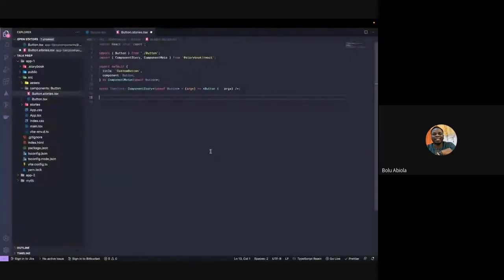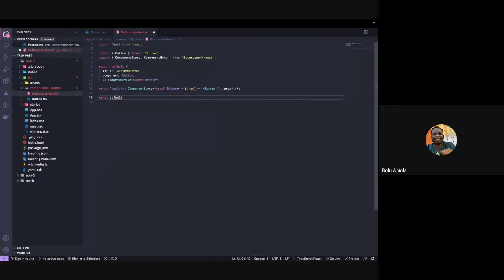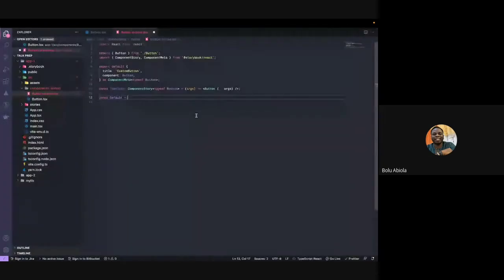Let's say we want to have a default button, how the button is going to look initially. To do that, we are going to call Template.bind, and then we set default args